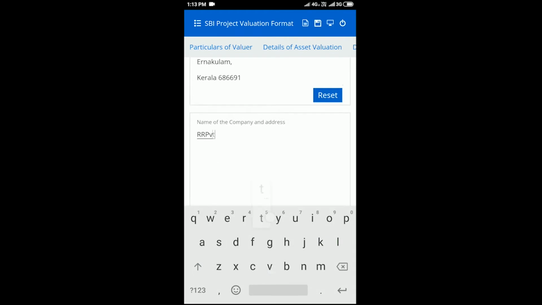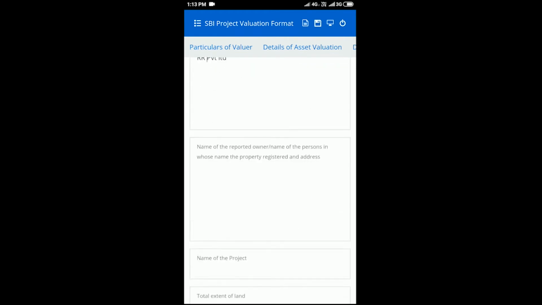You can fill in whatever additional details that you have in hand about the property during the site visit in the app.